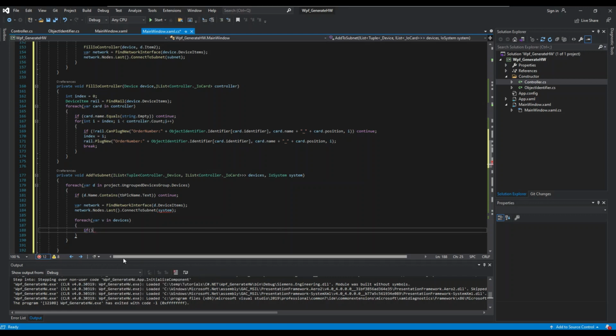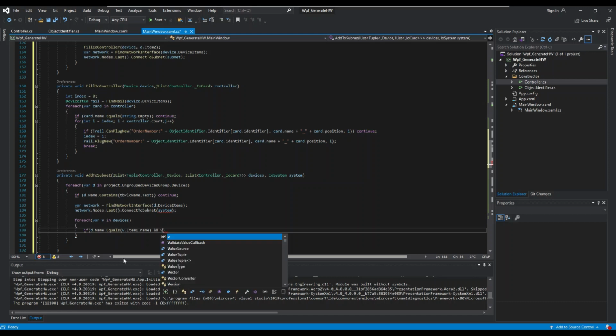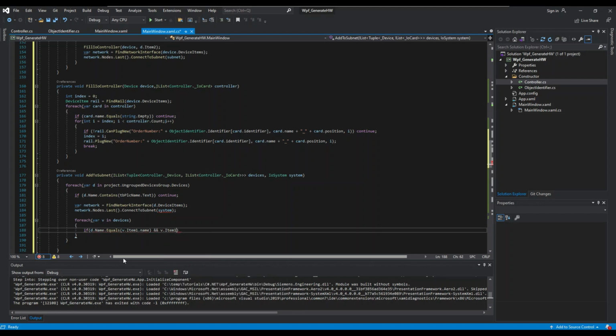So if the name is going to be equal to V item 1 name and V item 1 IP